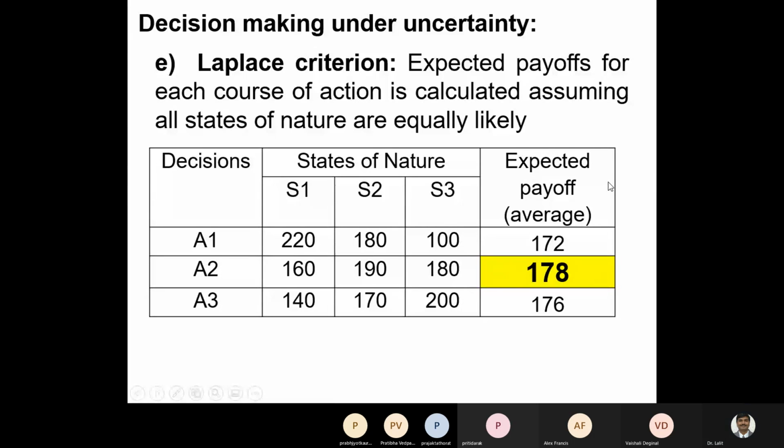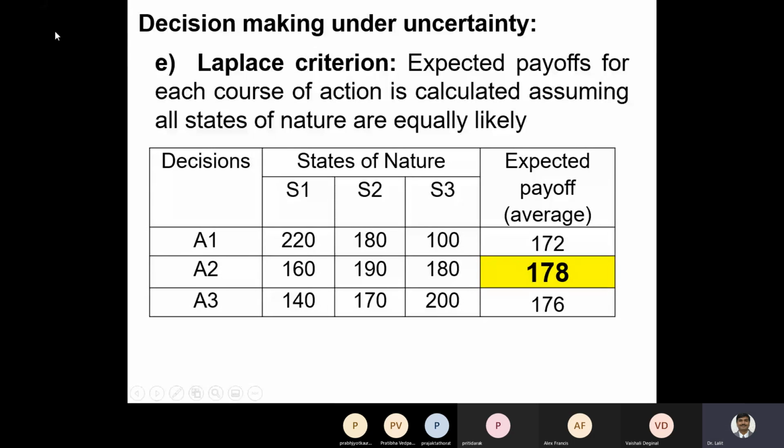Okay, fine. So with the help of these probabilities, the decision maker can calculate the expected payoffs. Basically, how do we calculate mathematical expectation? If x1, x2, x3, etc. are the different values assumed by your random variable, and p1, p2, p3 are the probabilities given by the probability mass function, then mathematical expectation is calculated as x1 into p1 plus x2 into p2 plus x3 into p3.